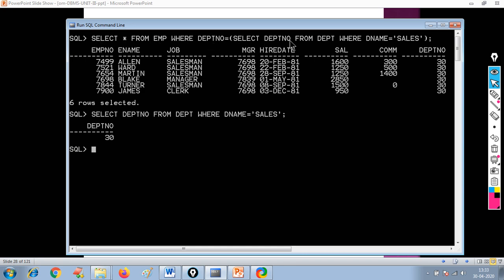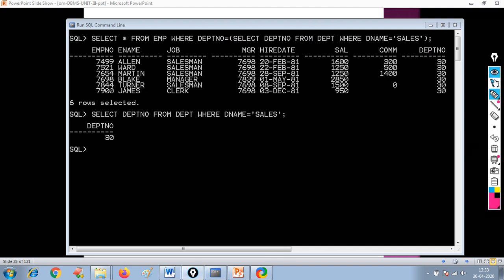Right. So the inner query is executed first. So you can see here the department number output is 30. Because the inner query is executed first, it will give you 30 here. Now this department number equals to 30 will be executed. So select asterisk from EMP where department number equals to 30. So this gives you this result, right?